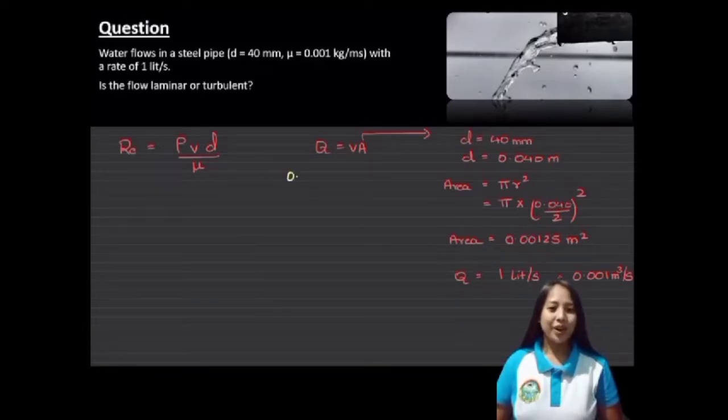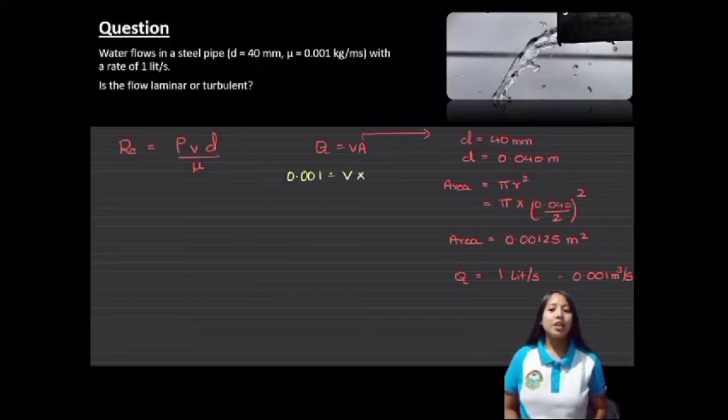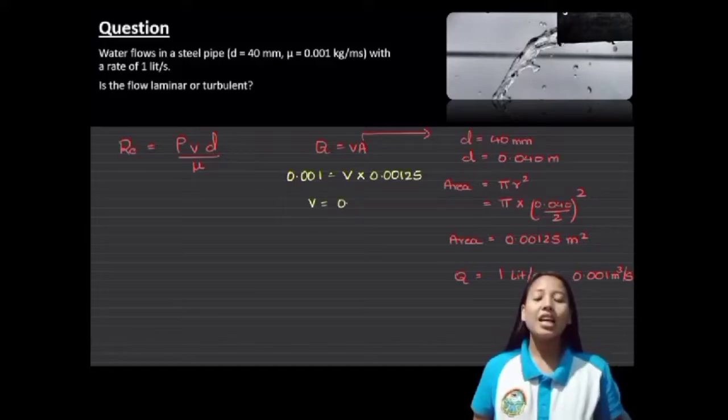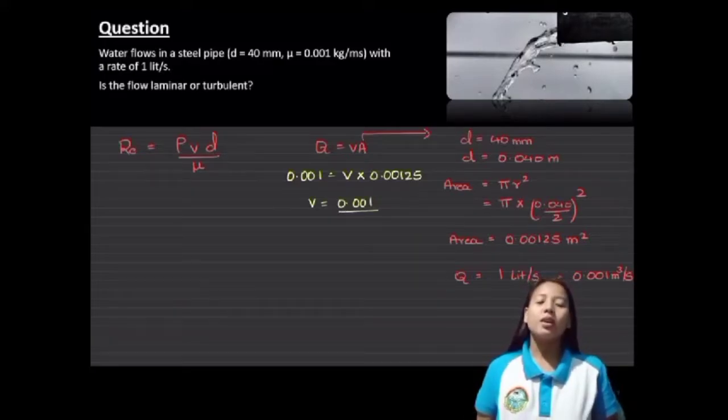Now, substituting all of that back into the equation gives 0.001 equals the velocity times the area that we found to be 0.00125. So we can work out the velocity to be 0.001 divided by 0.00125, which will give us 0.8 meters per